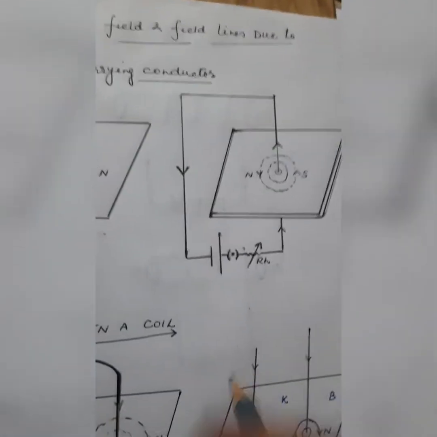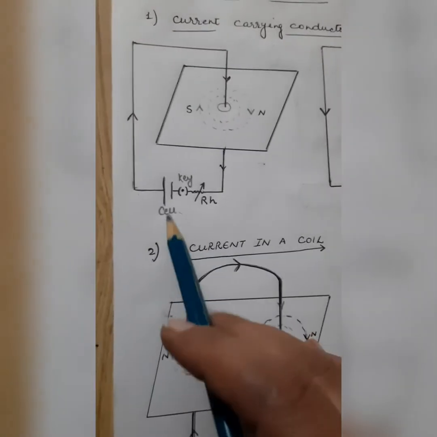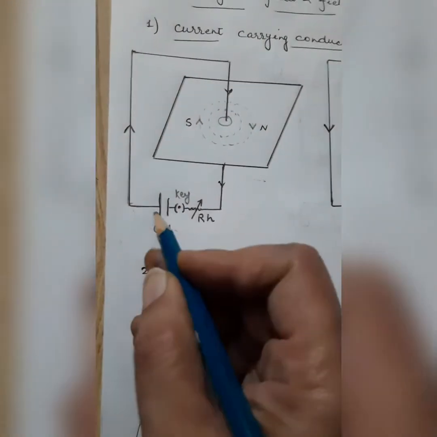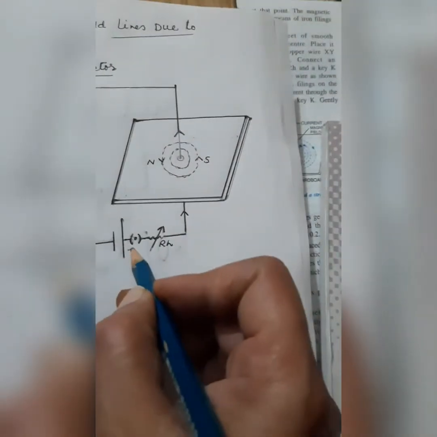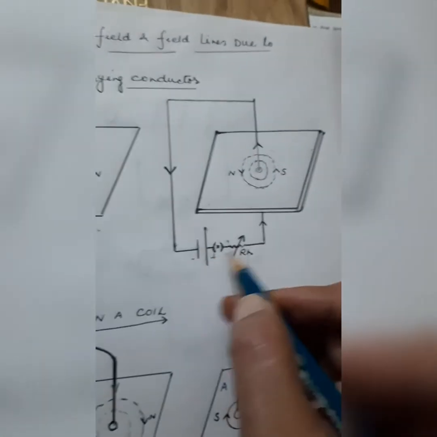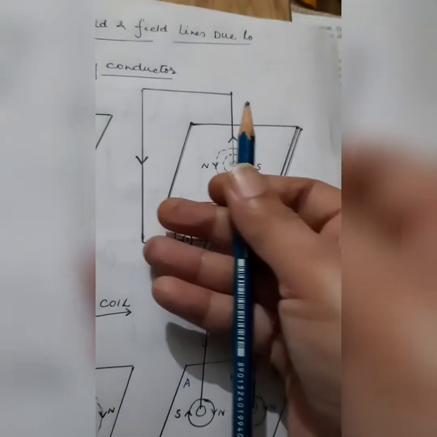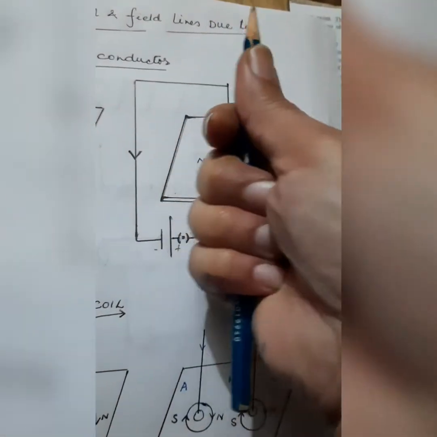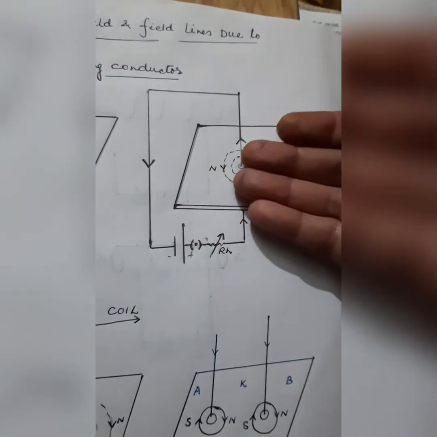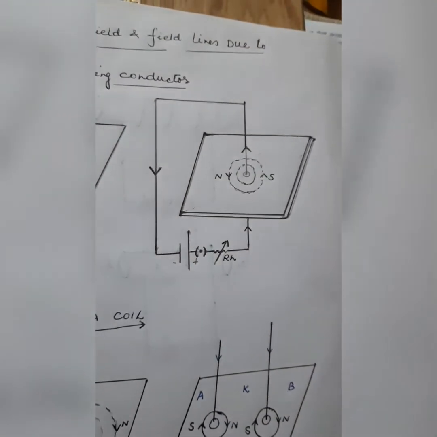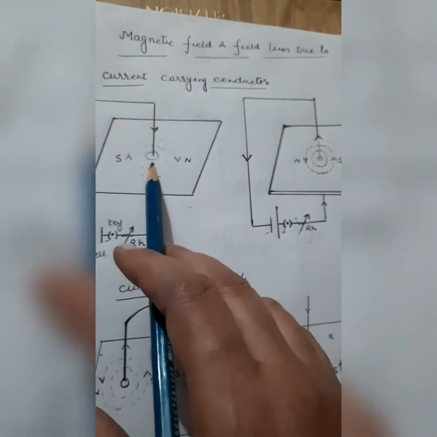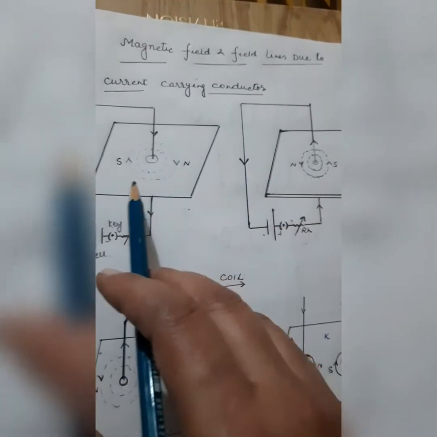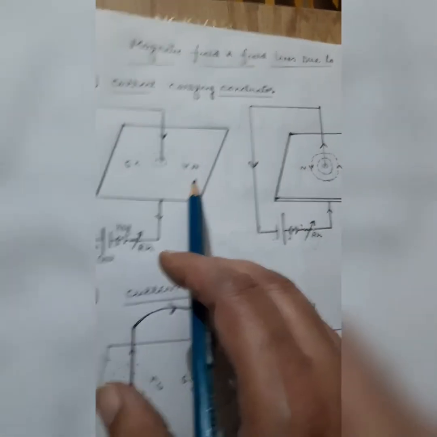In the same way, if I change the direction of current, positive on this side now, I simply change the direction of current. Now the current direction is upward, I put the thumb in the direction of current and open the fingers. Open side is north, other side is south. So in this way what you observe: if you change the direction of current, the direction of the magnetic field also changes. Number 1.